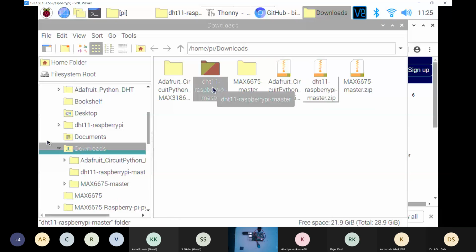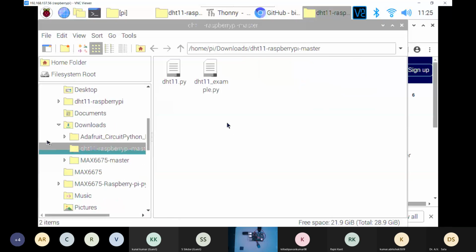This one is our main part. I'll open it. So basically, there will be 2 files as I told you. One is DHT11, which is the main library, and the other one is DHT11 example.py. So whenever we are going to do any work or a function, then we'll have in this library 2 Python files. One will be the library, another one will be the function file. So we'll do the same with the next pattern.